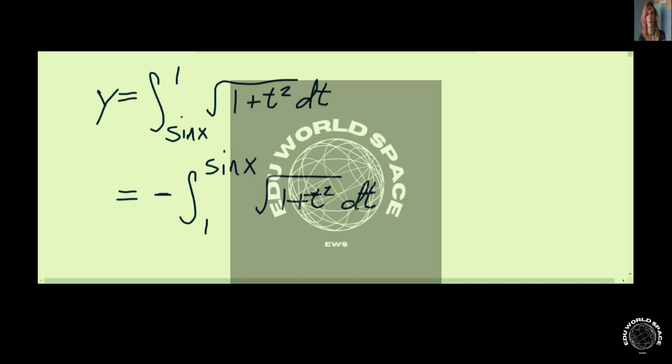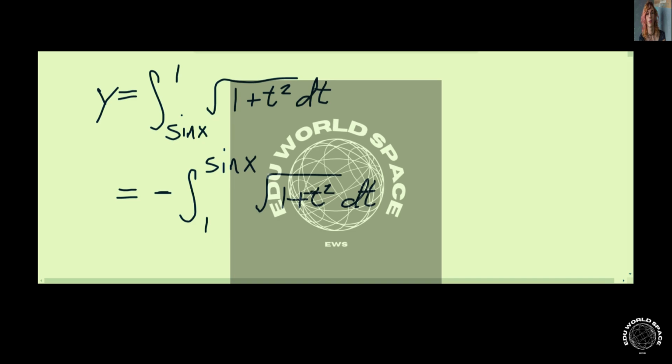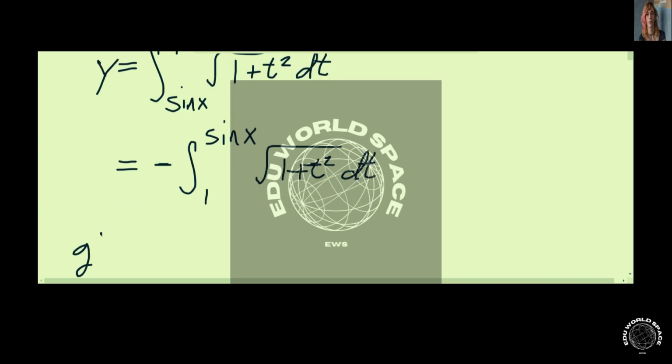And now using part 1 of the fundamental theorem, it follows that y prime of x, well, this is the opposite of the derivative of the integral, which, using the chain rule, is going to be the derivative of the integral from 1 to x of the square root of 1 plus t squared, which is simply the square root of 1 plus x squared, times the derivative of the inside, sine of x, which is cosine of x,